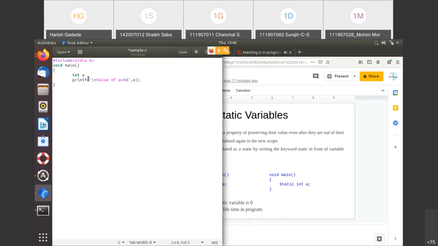Now see what I did here. I just declared one variable, a. I have not assigned any value to a, and I'm just checking what the output would be for this, right?